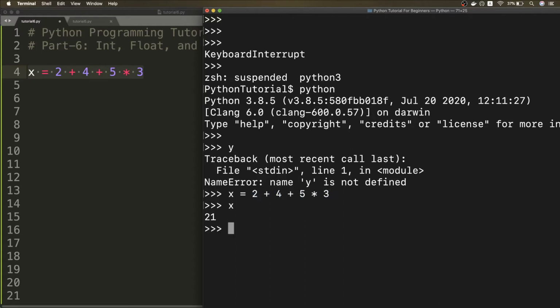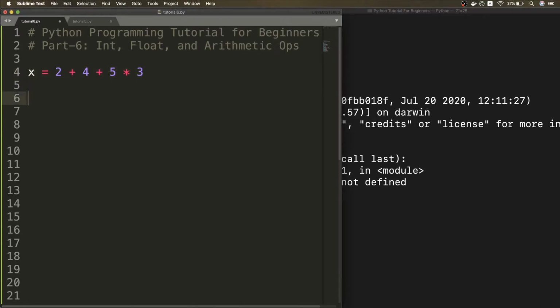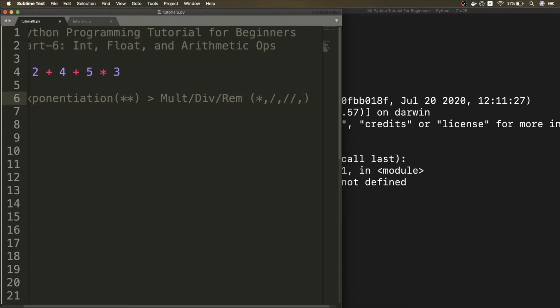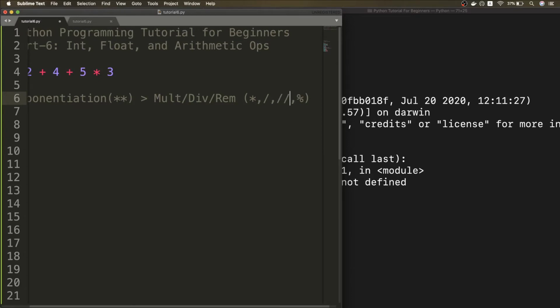So let's print x. So we get 21. Here we come across the importance of operator precedence. In case of operator precedence, exponentiation, that is your star star operator, is greater than your operators like multiplication, division, remainder, basically your operators like star, float division, integer division, and your modulo operator, that is the remainder operation.